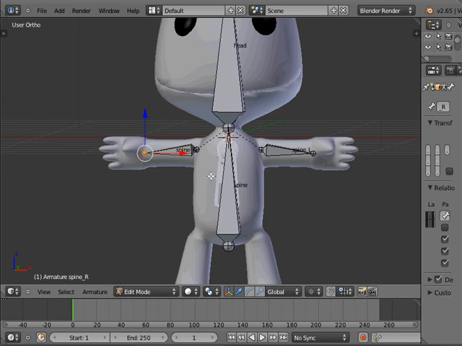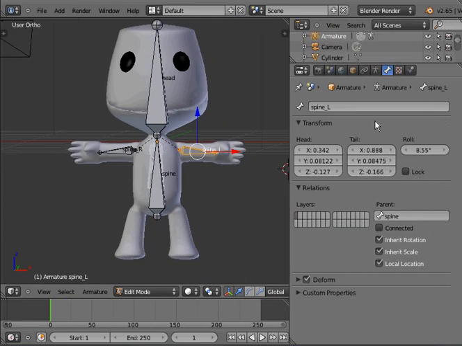Okay, next step, let's rename these bones. So I'll select that one. Instead of spine underscore L, this should be arm underscore L. The underscore L basically means that this is the left side, and if you use this nomenclature by keeping the underscore L, it means that when you're modeling later on, symmetry can be much easier to work with. So keep the underscore R there, that's my advice. Okay, now we have arm left and arm right,